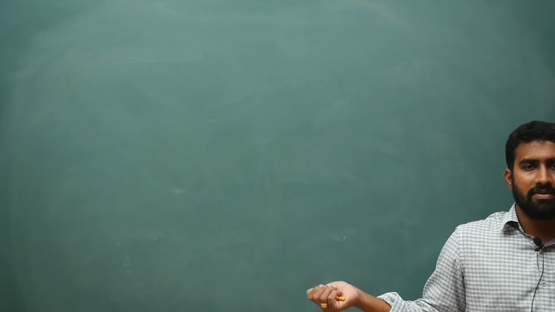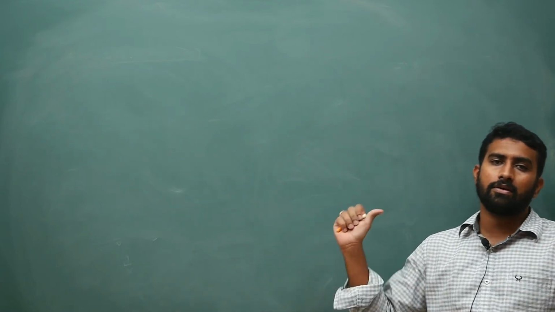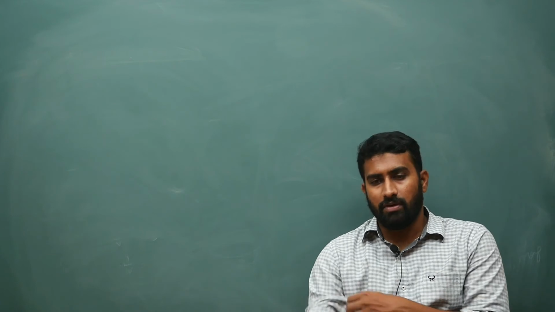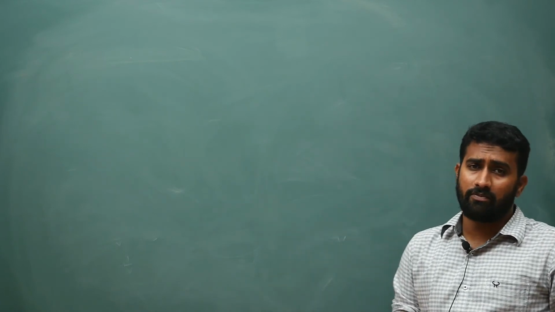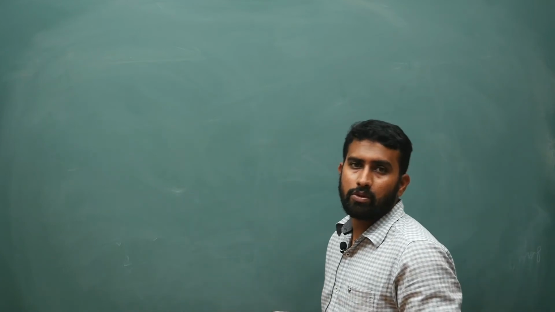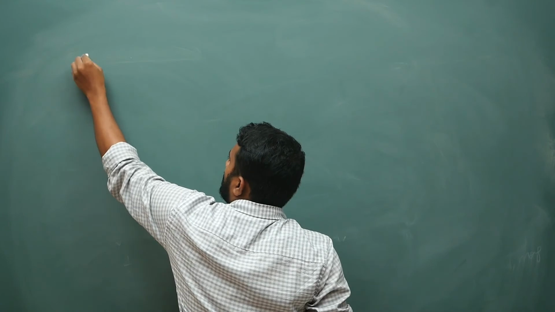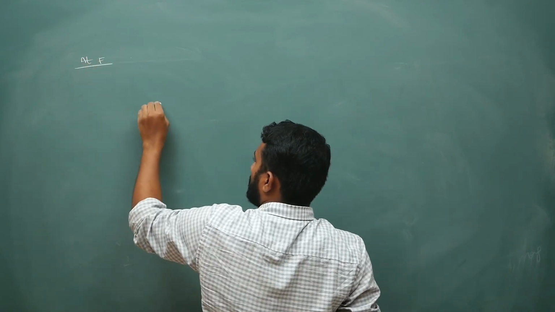just now in this case when I place the object at 60, I got image at 30. When I place the object at 30, I got the image at 60. Okay, so light follows reversibility of path, that is what I have told you. So according to that you will be able to anyhow do it, I will not waste time. So now next, at focus when you are placing,